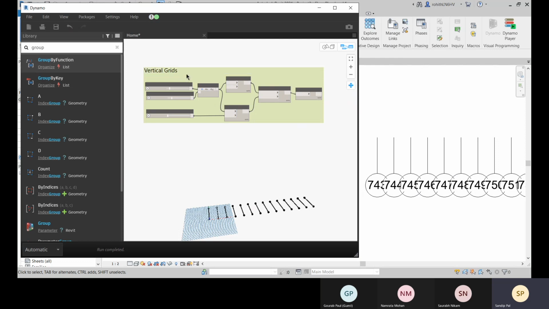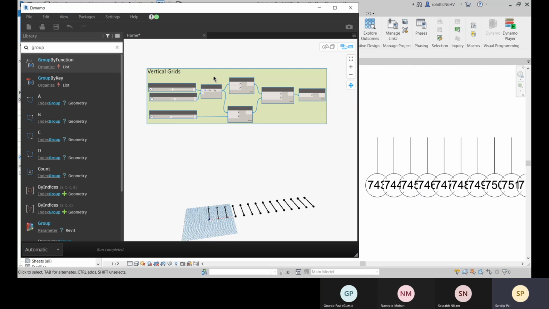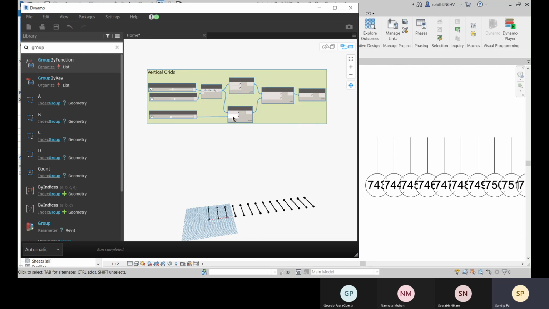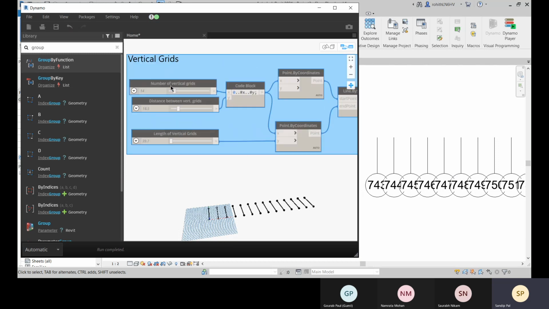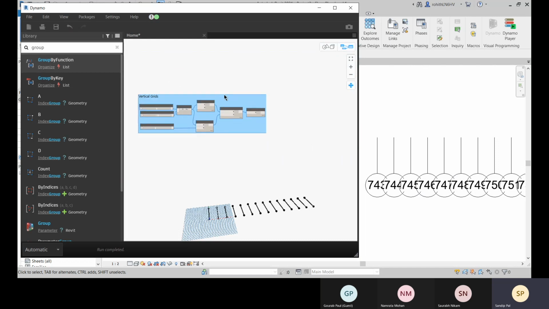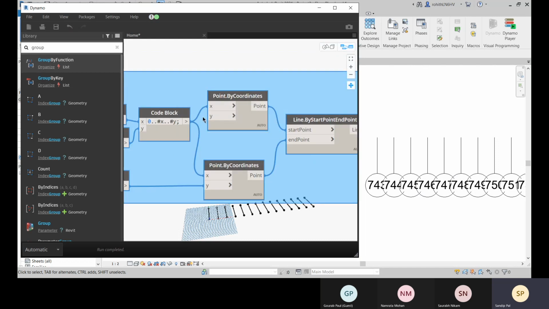Okay, so we have this one, and right click, and you can change the color for this. You can delete the group, you can ungroup, and you can change the font size there. Right, so let's go with this color. So now you can easily select all of them. They are grouped right now.